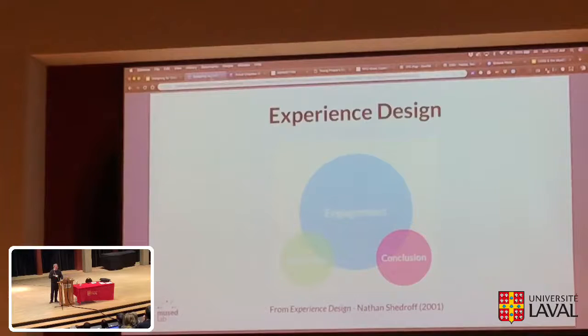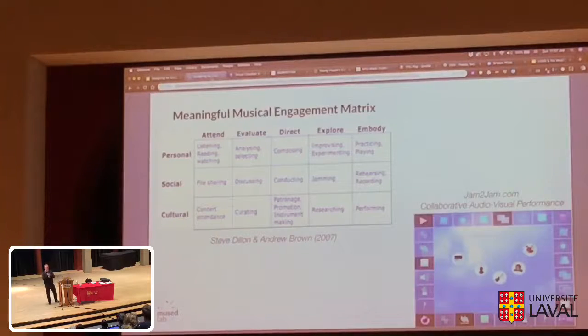And then this was inspired by earlier work that I did with Steve Dillon and Andrew Brown with a tool called Jam to Jam. That was a similar thing. It was actually the metaphor that inspired the Mendelssohn moving around, which was this collaborative, audio-visual jamming interface but it was connected over a network. So I would go on here and maybe I would be the piano, and I could move around in visual transformations, audio transformations, and maybe you were in Australia and you got into my room and you were the guitar. And we could kind of improvise and play together. And the research that came out of that was a framework they developed called meaningful musical engagement, which came from studying these musical interactions, not gaming, not play, but looking at these kind of music things. And for these experiences to be successful, they needed to be successful